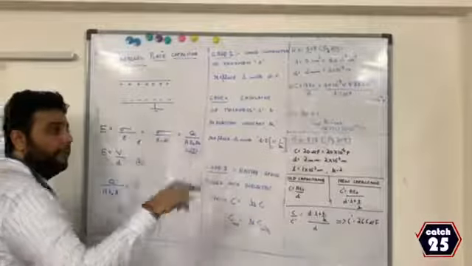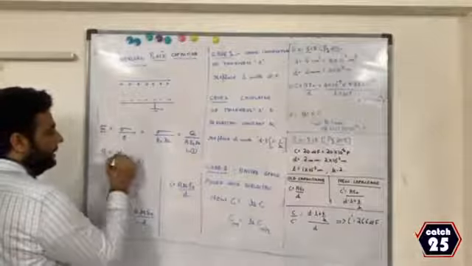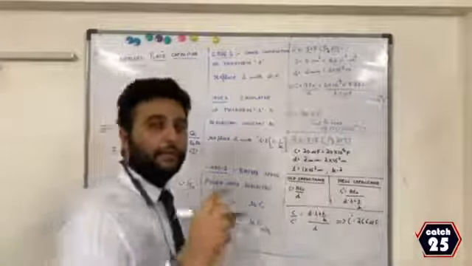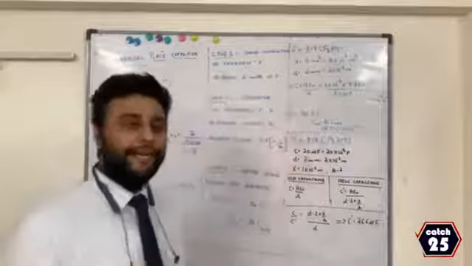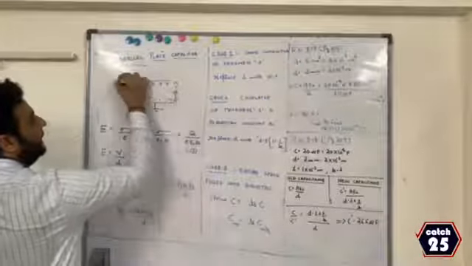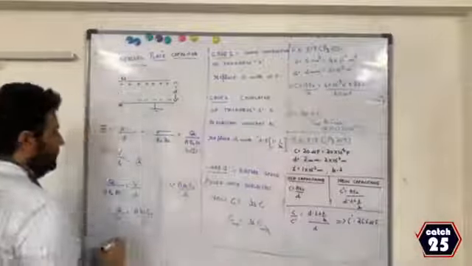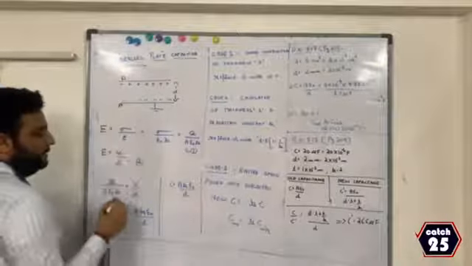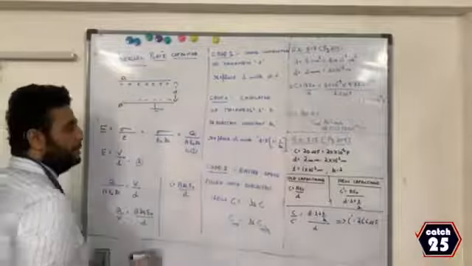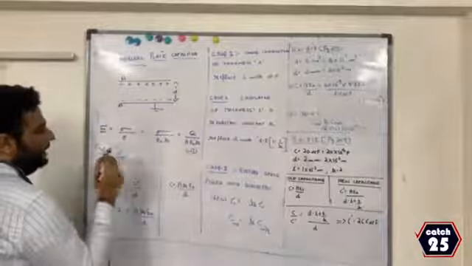You also know from my formula table what the formula for E is. The formula for E is V by D. We had V is equal to E D, where D is the distance between the plates and A is the area of each plate. Okay. Now, you also know E is equal to V by D. This is the basic formula from my table. Therefore, now I got two formulae for E. This is one and this is the second one.